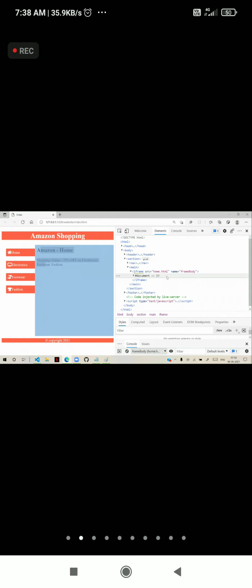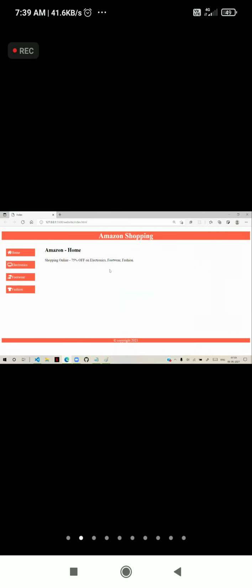Later, in other concepts of JavaScript, you will learn about that. At experience level, they may ask you what is DOM, what is shadow DOM, what is virtual DOM, which are very trending topics these days. For very experienced people in interviews, they may ask that, but you will learn it in JavaScript, where we will discuss them. Initially, now inside our index page, the home page is coming. Okay, it is displayed in the iframe.